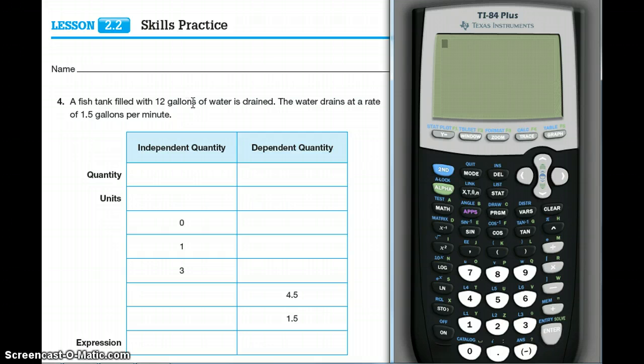A fish tank filled with 12 gallons of water is drained. The water drains at a rate of 1.5 gallons per minute. And you had to fill in the chart here. Well, if we can come up with the expression, we can use our calculator. I believe when we did this, we had